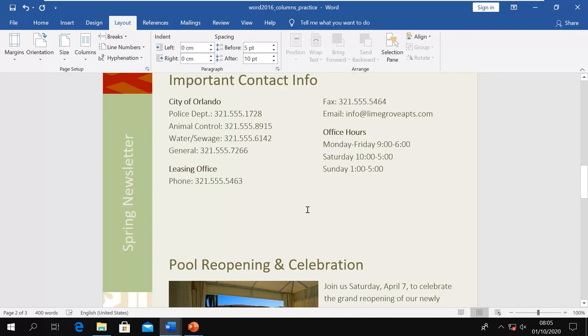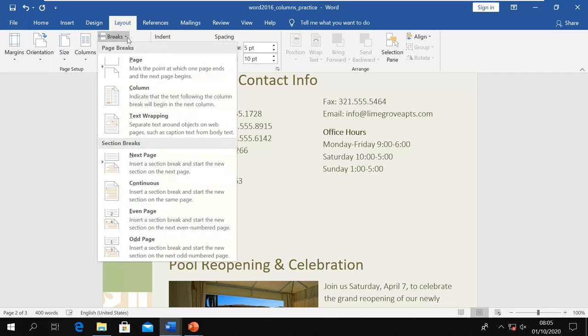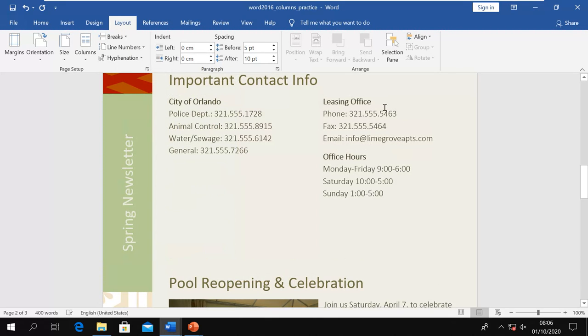So in my document also, if you see here, it is starting from here. I wanted to start it from the new column. So I put my insertion point here, I go to break and then I select this column break. And now you can see it is starting from the new column. It is broken from here.